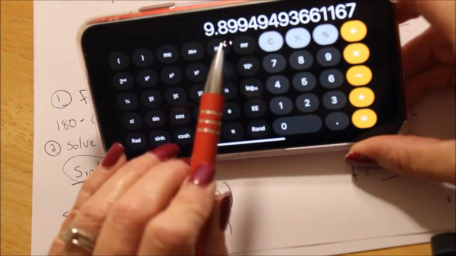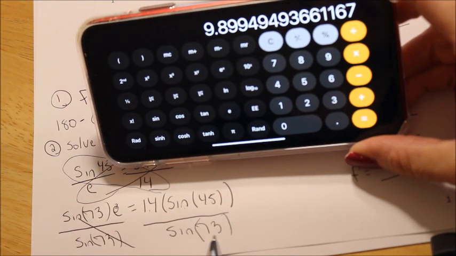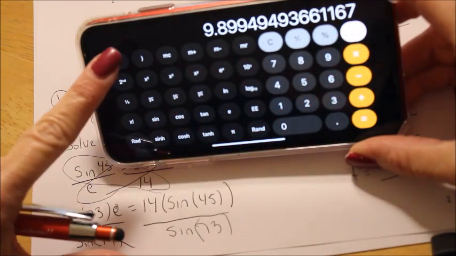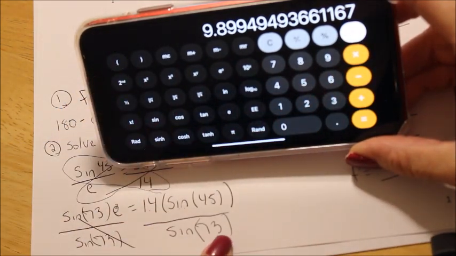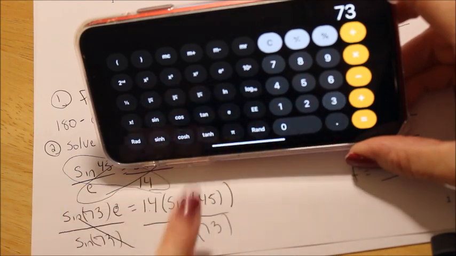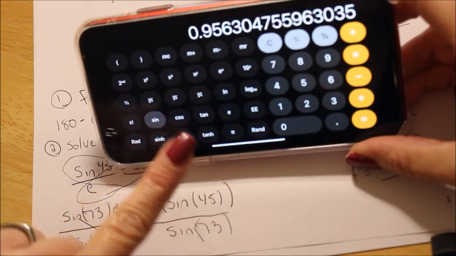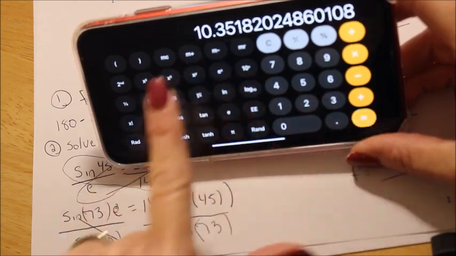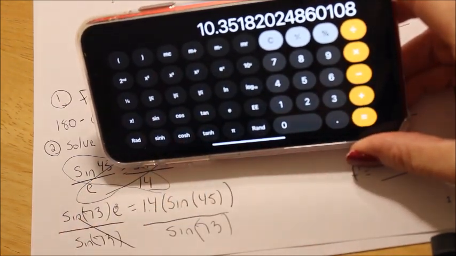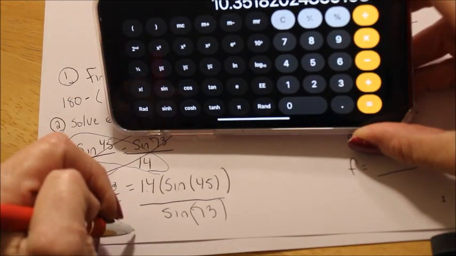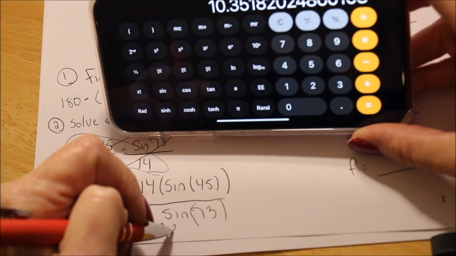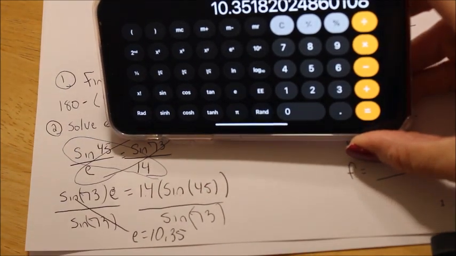Now I'm going to take that number and divide it by the sine of 73. So I'm going to hit divide, parenthesis 73 sine, close parenthesis, hit equals, and I get about 10.35. And there's E. Okay, 10.35. All right, so now I can come over here